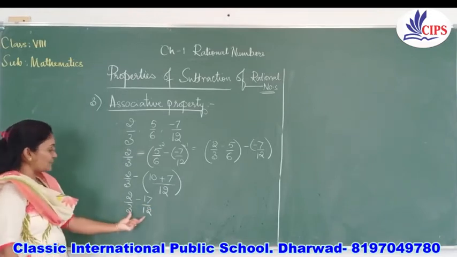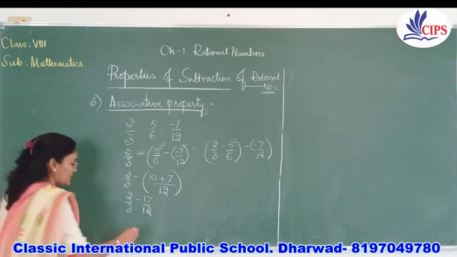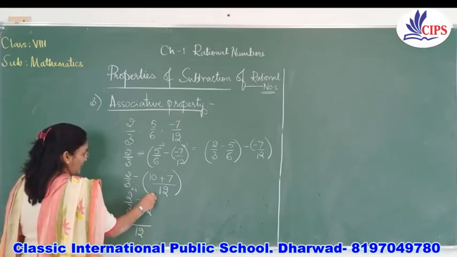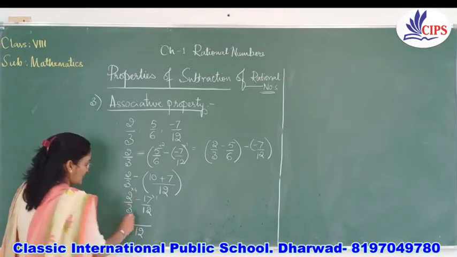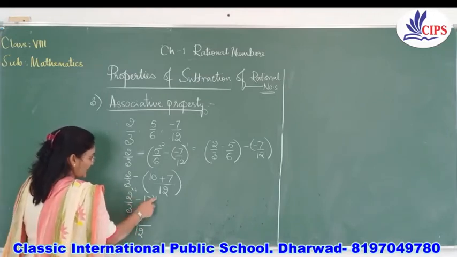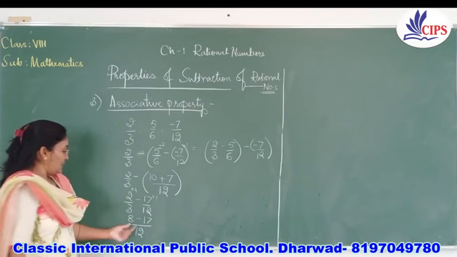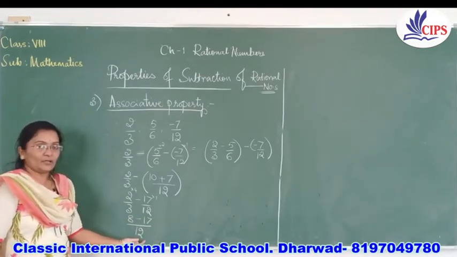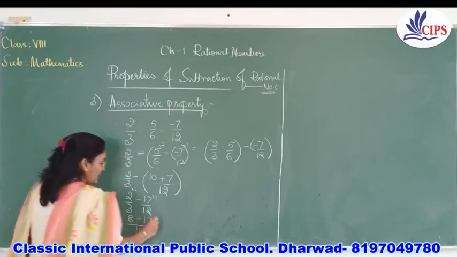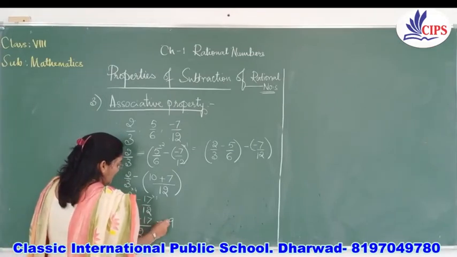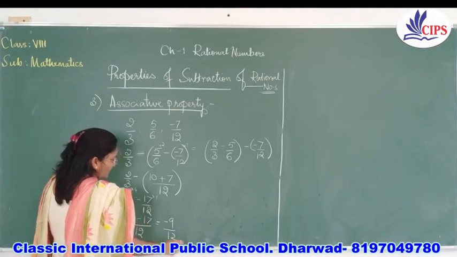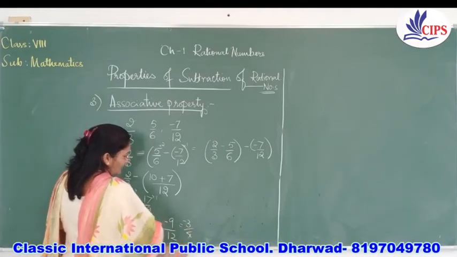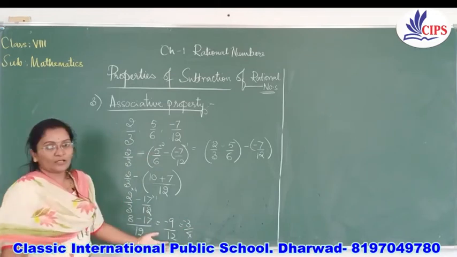Now we have to subtract these two numbers. So LCM of 3 and 12 is 12. So here 3 fours are 12 and 12 ones are 12. So 2 fours are 8 minus 17 ones are 17. So 8 minus 17 by 12 we get. What is 8 minus 17 by 12? What is 17 minus 8? We get 9. So it's minus 9 by 12. So minus 9 by 12 is nothing but minus 3 by 4. So we have solved on LHS.